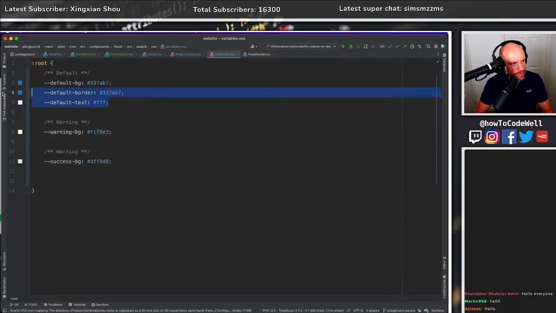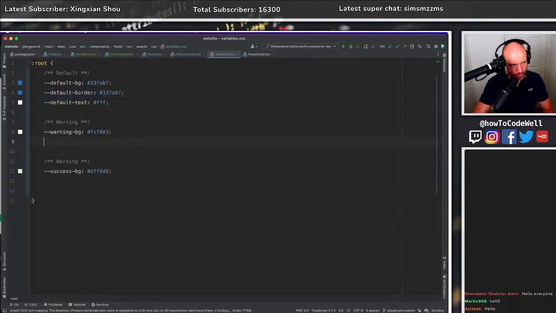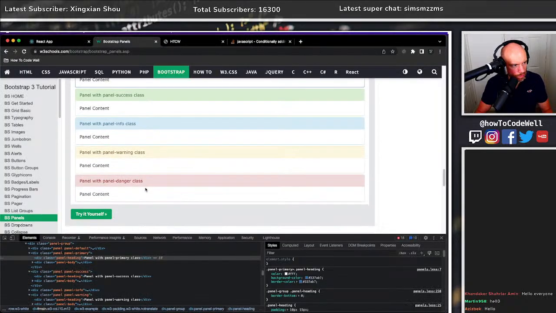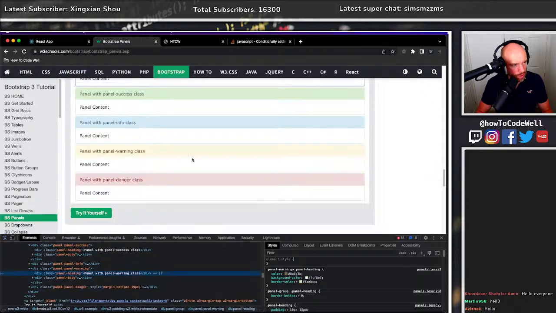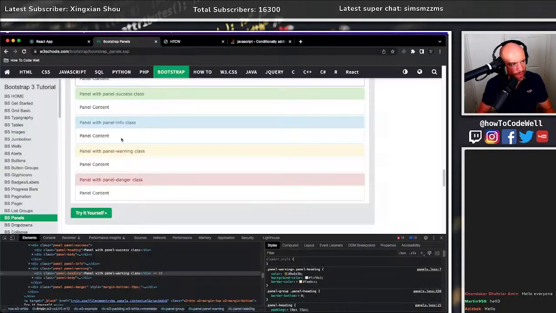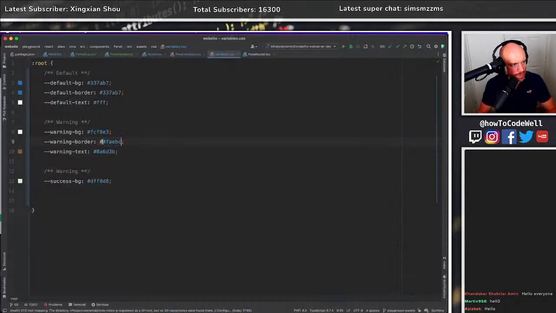And then we have a similar deal for the warning. So let's change the warning. And the warning, which was down here, we have the color is slightly darker, which is this one here. So that's the text. And then we have the border, which is this one, which is slightly lighter, which is this one here. And then we have the success,